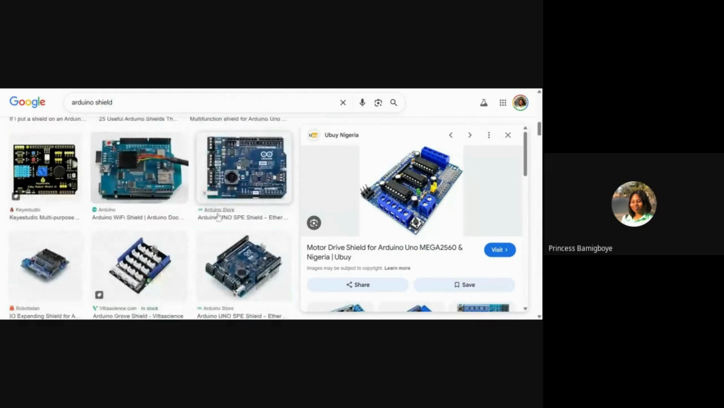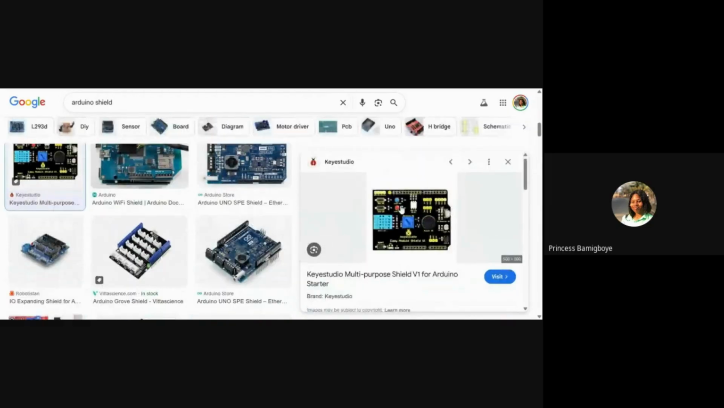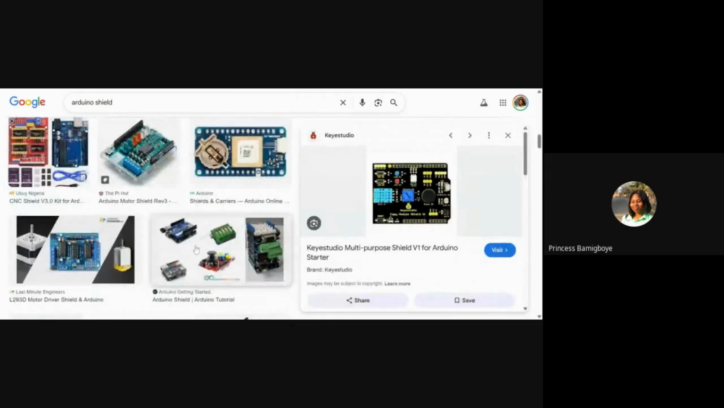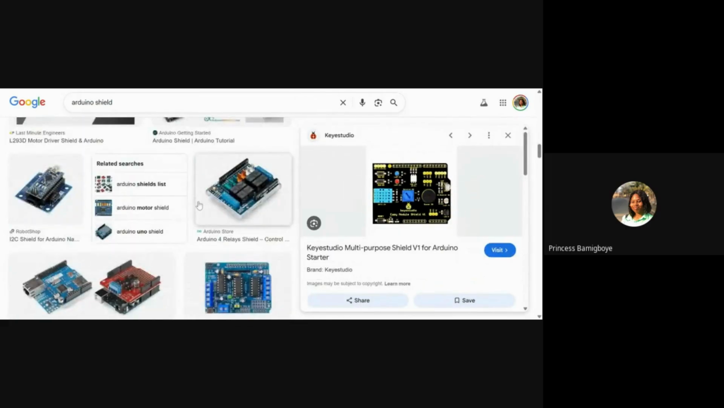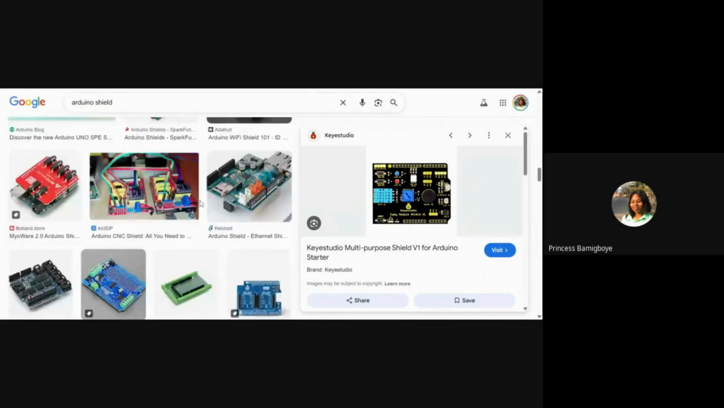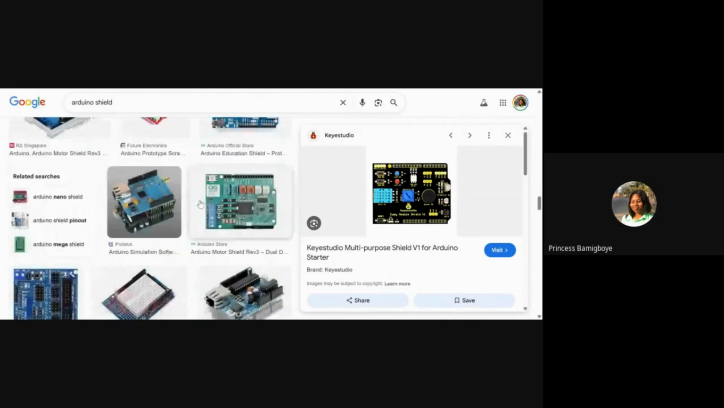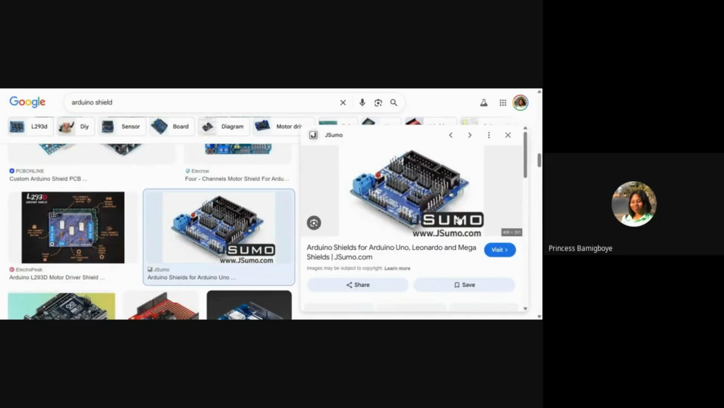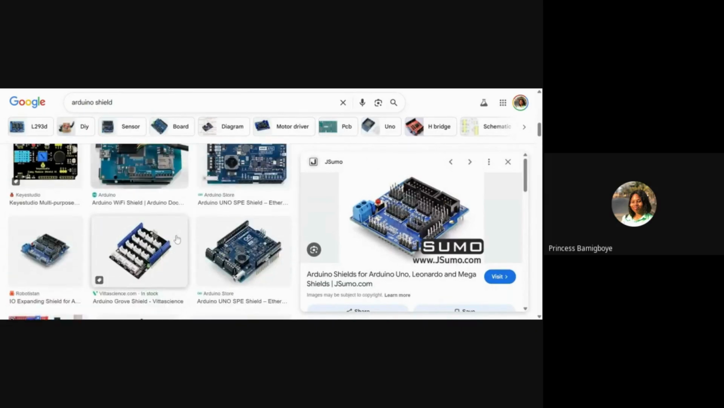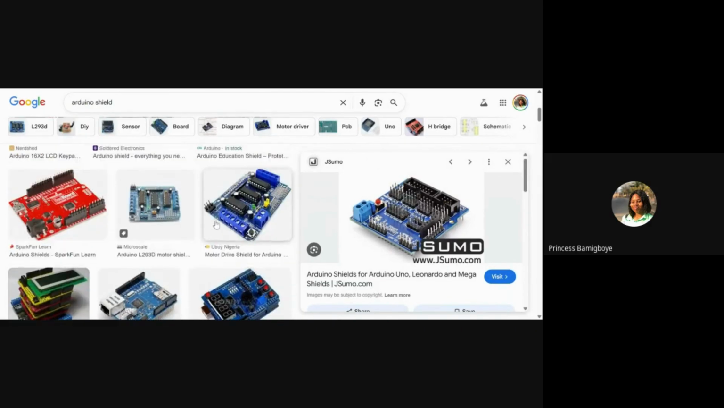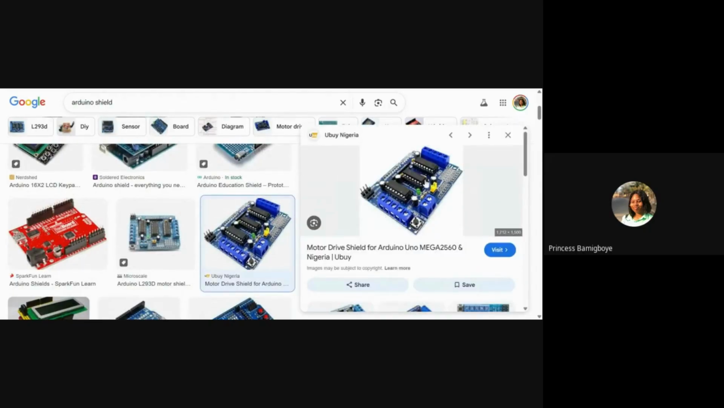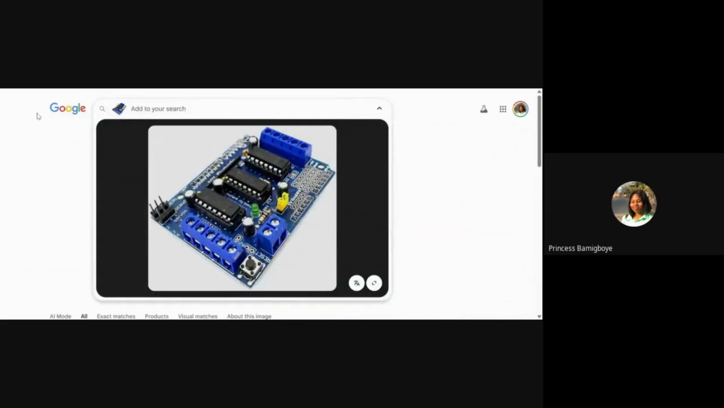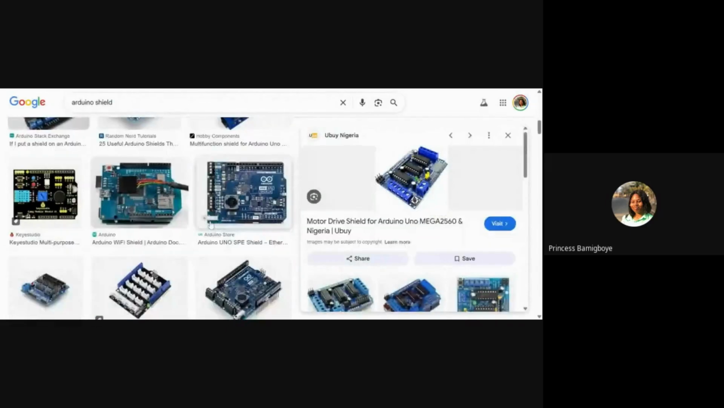There are different types of Arduino shields. You have this multi-purpose V1 shield. There are different ones, and what they do is increase the capabilities of the Arduino. There are also several other shields for the Arduino, depending on the tasks or the project I want to carry out. But let me use this L293D motor driver shield as an example. When I mount this, because when I look at these things, there are pins underneath that will allow me